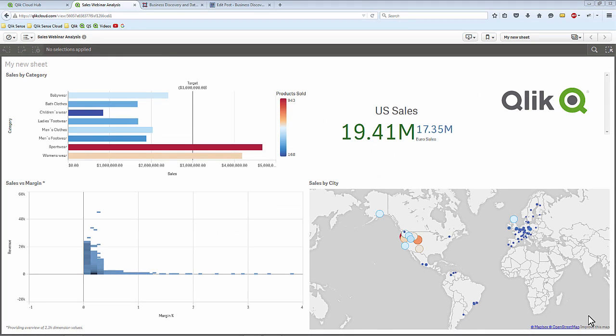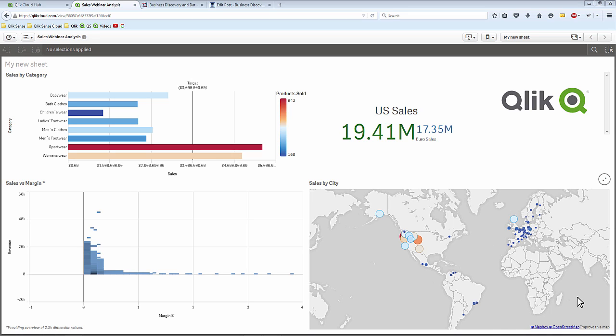Okay, so the last thing I'd like to cover with you guys is, in the spirit of sharing again in general, if you remember, I shared that particular app into my shared stream, which makes it available to others that I send an invitation to. Well, I don't always have to do that. If I wanted to share this in a public setting, in other words, where users don't have to subscribe to the Qlik Sense Cloud, I can share bits and pieces of my app and embed it into social media, into a tweet, into Facebook, or even perhaps into a blog. I can also just send a little bit of information as a link.